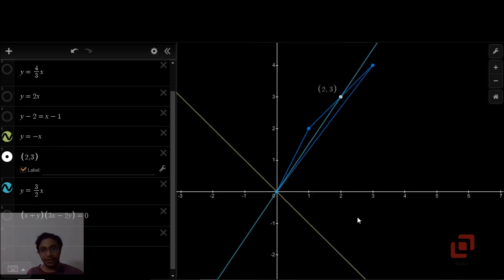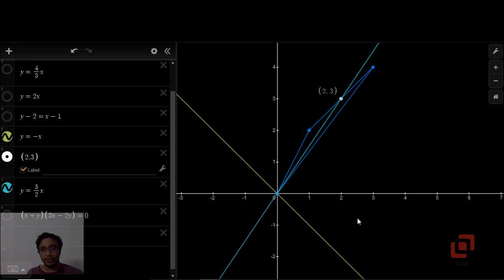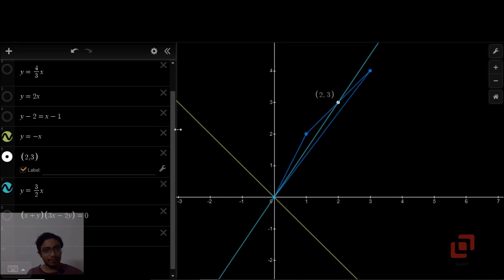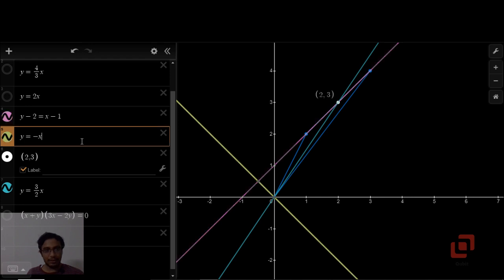Yes. Now it so happens that the altitude actually does not intersect the other side, but it will intersect the other side when the other side is extended. So if we draw the line passing through the points, the pink line, you can see that the pink line is perpendicular to the green line, so the green line is the correct altitude. Then at last, the joint equation.